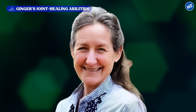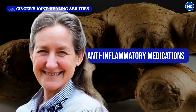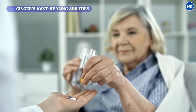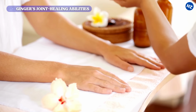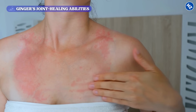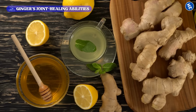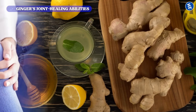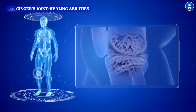Moreover, Dr. O'Neill notes that the topical application of ginger is a safe and natural alternative to conventional anti-inflammatory medications. Unlike pharmaceutical treatments, ginger poultices generally have fewer side effects and can be used in conjunction with other therapeutic measures. However, she advises that individuals with sensitive skin or allergies to ginger should perform a patch test before full application. Incorporating ginger poultices into a broader regimen of joint care, including exercise and diet modifications, can further enhance joint health